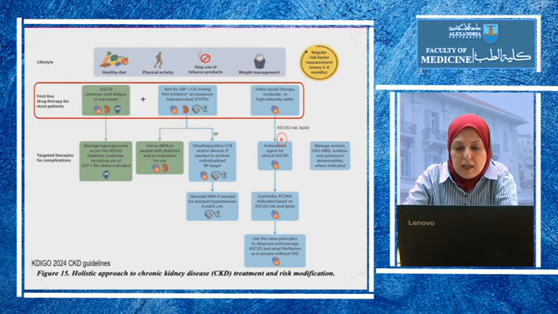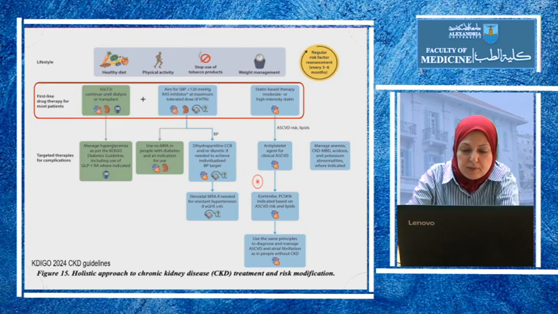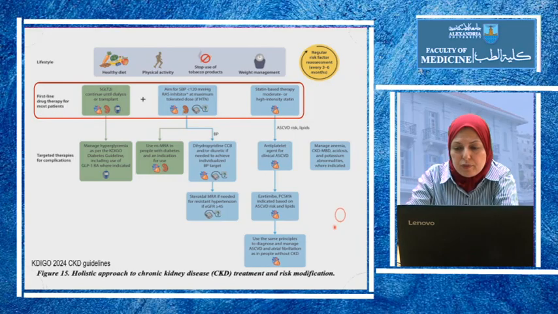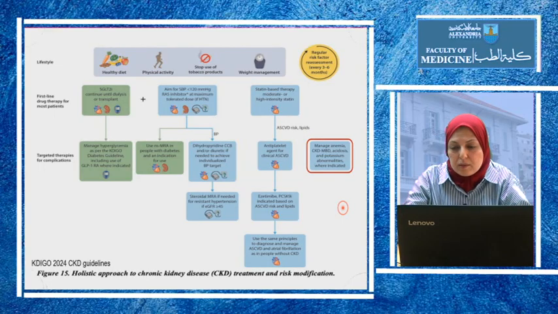If the patient has atherosclerotic cardiovascular disease already, so he had an MI or a stroke, antiplatelets or aspirin can be added, but they should not be added for primary prevention. They should be added only for secondary prevention. Other treatments to control lipids may be added to ameliorate the cardiovascular disease, and we should also, in all patients, especially after reaching CKD stage 3B, monitor anemia, acidosis, chronic kidney disease-related mineral bone disease, and potassium, and treat them as appropriate, because this is also part of the holistic approach to treat patients.